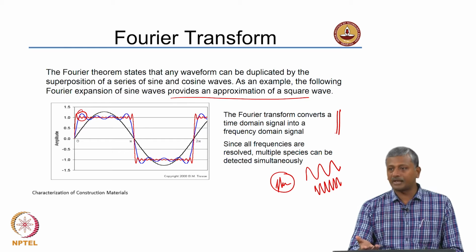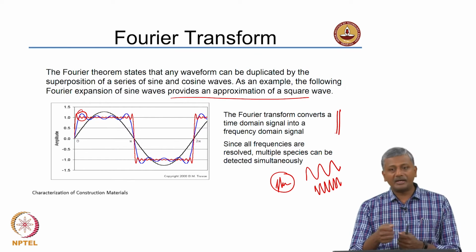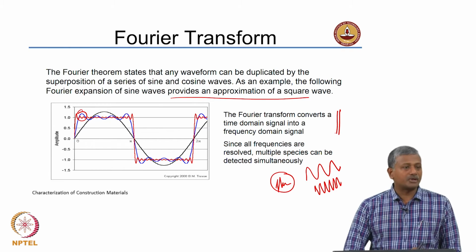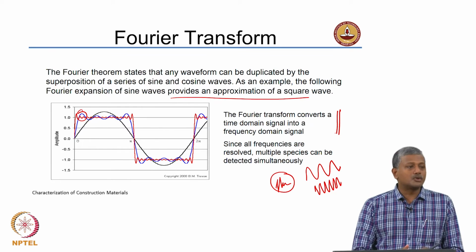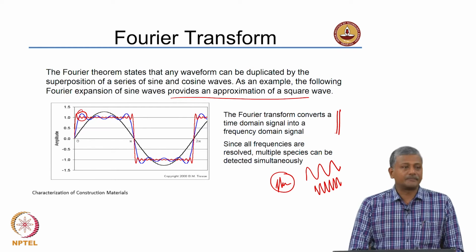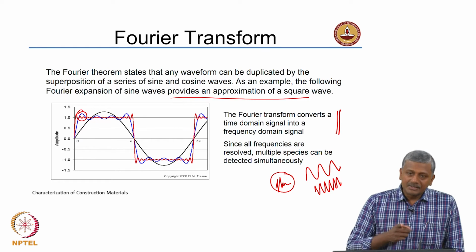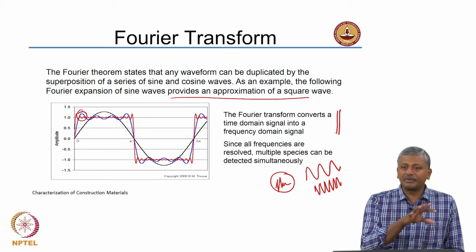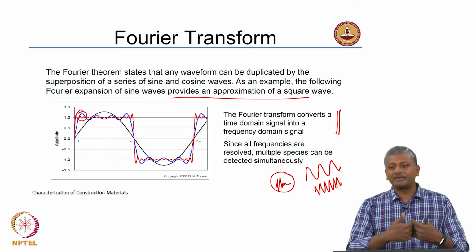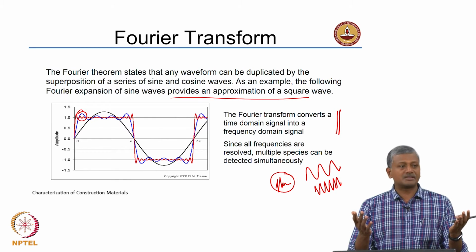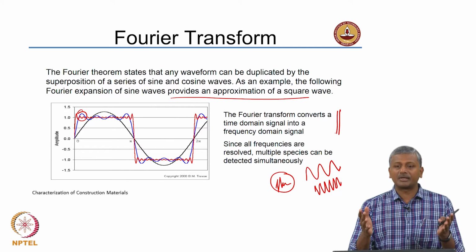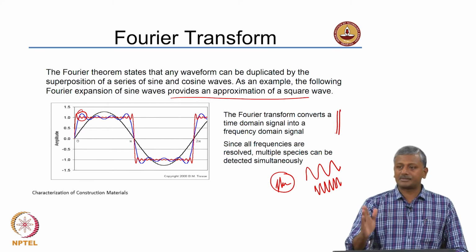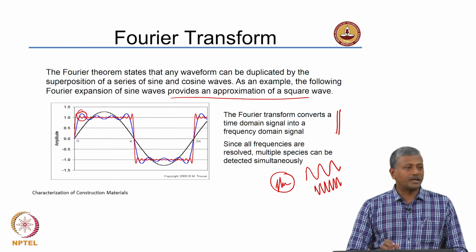We talked about several types of vibrations. You can have stretching, bending, rotational vibrations and all those kinds of things. So, the advantage of the fast Fourier transform, a mathematical technique, is that it allows you to resolve multiple frequencies simultaneously. You are not spending time sending separate packets of wavelengths through the sample, each with the selection of a wavelength through the monochromator. You are sending a set of wavelengths which are representative of the entire species that may be present in the sample, collecting and detecting everything together, and then converting that into a frequency domain signal that isolates each individual wave number that you would like to analyze.